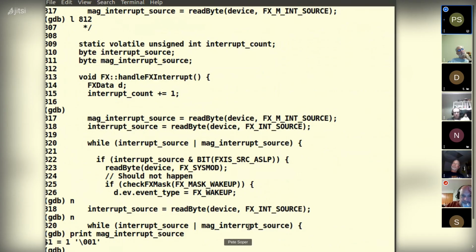So this particular chip can interrupt on 3 different situations involving the magnetometer. Either the vanilla one that says there's new sample data available, or one that says that the axis values have exceeded a threshold that you specify.